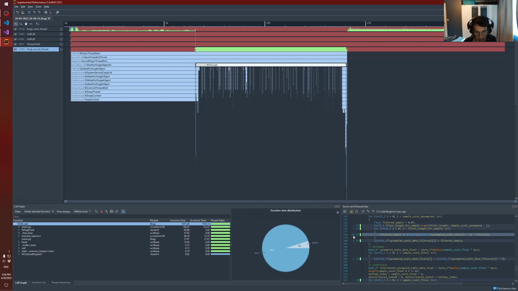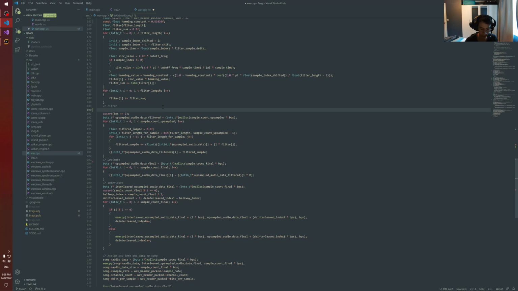Currently we're spending 88% of our time, 88% of 7.5 seconds, on this single line of code. Of course, this is not a single instruction, but on this line we're spending that much time. So I think a good thing would be just to write this down first, so we don't lose it. Before optimizing, WAV load was 7.5 seconds